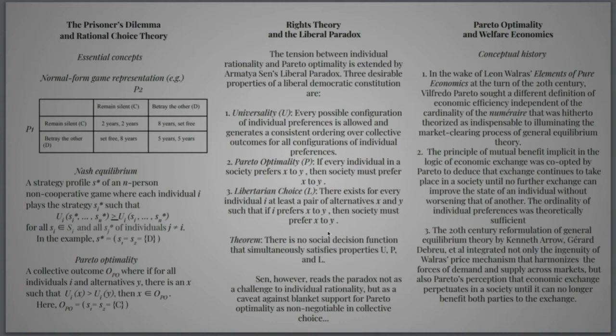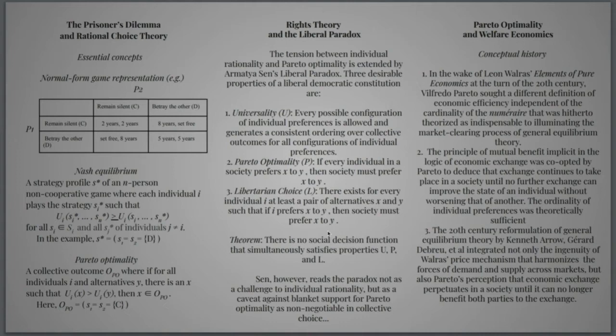This tension between individual rationality and Pareto optimality is explored further in the liberal paradox devised by Amartya Sen for social choice theory. He goes about his proof by trying to conceive of 3 reasonable properties that a liberal democratic constitution should have. The first principle being the universality of citizens' preferences, such that every possible configuration of preferences is allowed and acknowledged within society. Secondly,